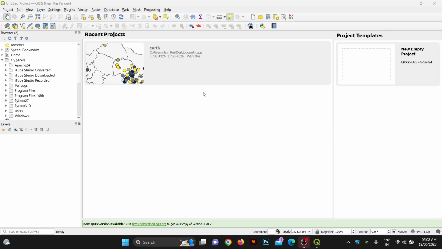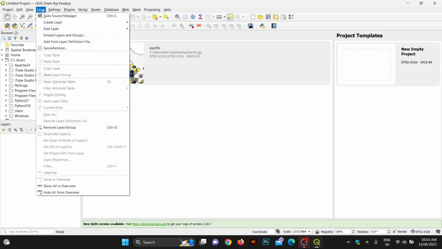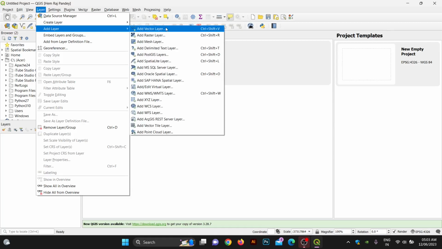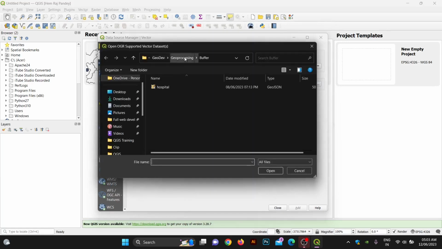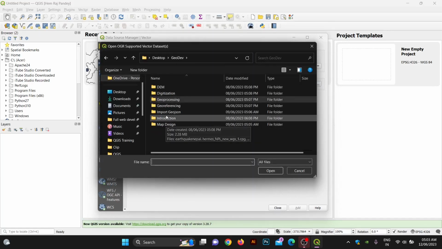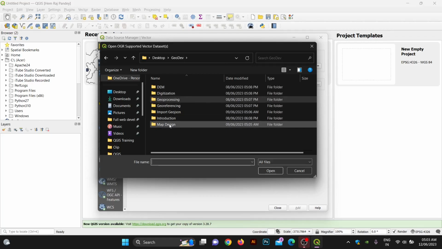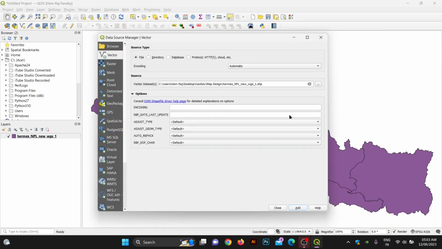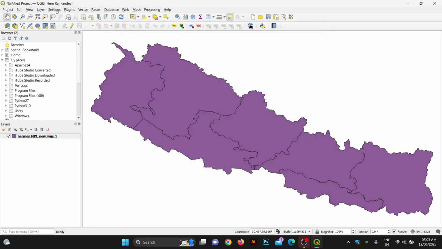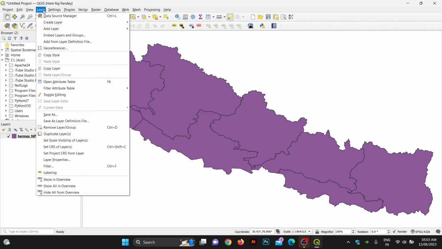Now we are going to design the map. For this you have to add the layer. For this I am going to add the vector layer. We browse from this icon, and as I have provided this map design, the content inside map design, you can go through this and click. First you have to add this shapefile. Okay, add, then again go to the layer and add